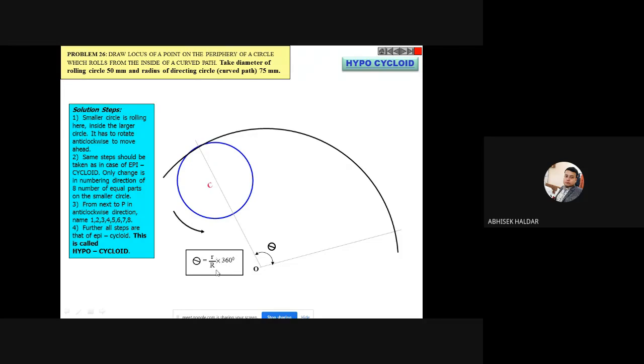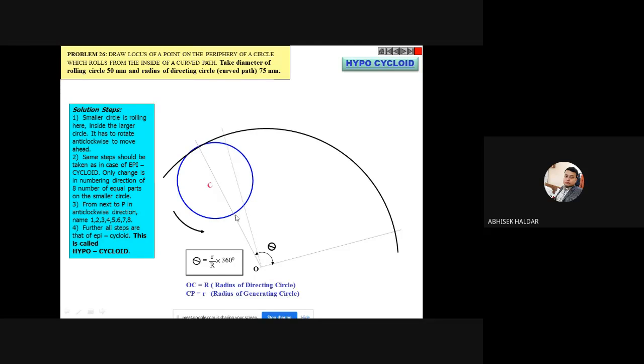Small r, capital R, all the values are given in the problem. You calculate the theta. The same, that means here also we will get 120 degree. Take that much of angle, fix the angle theta. Capital R is the radius of the directing circle, small r is the radius of the generating circle or the rolling circle. Okay, same thing. Next, what should I do?